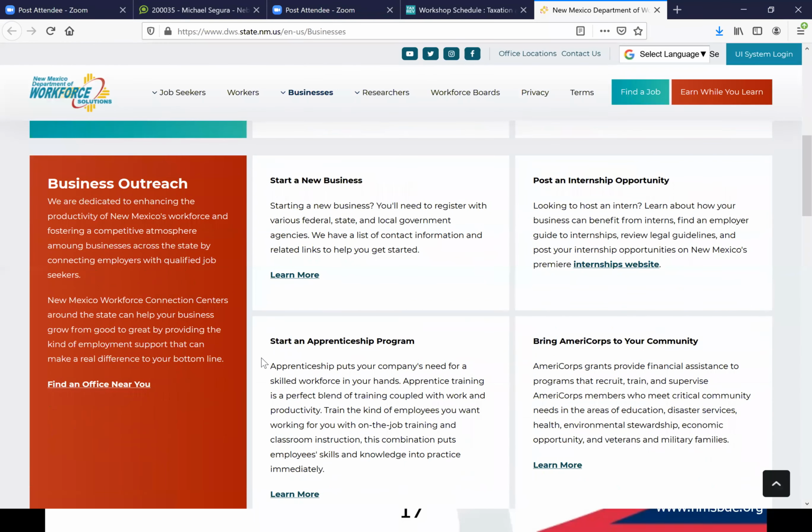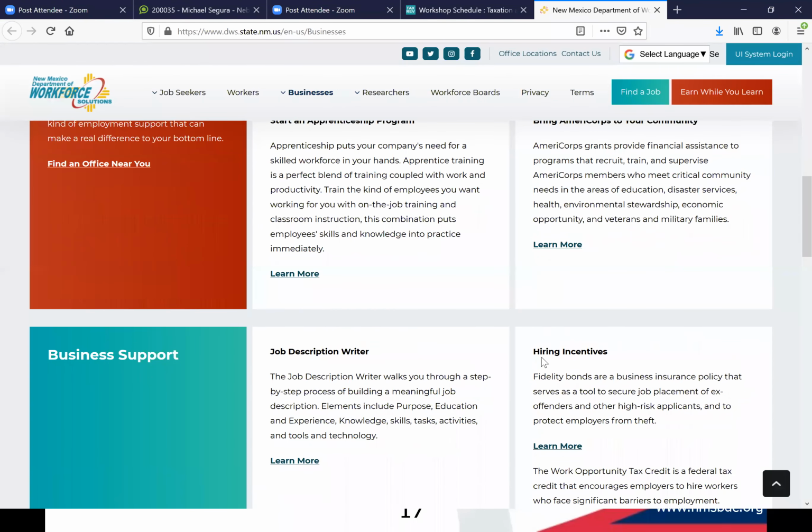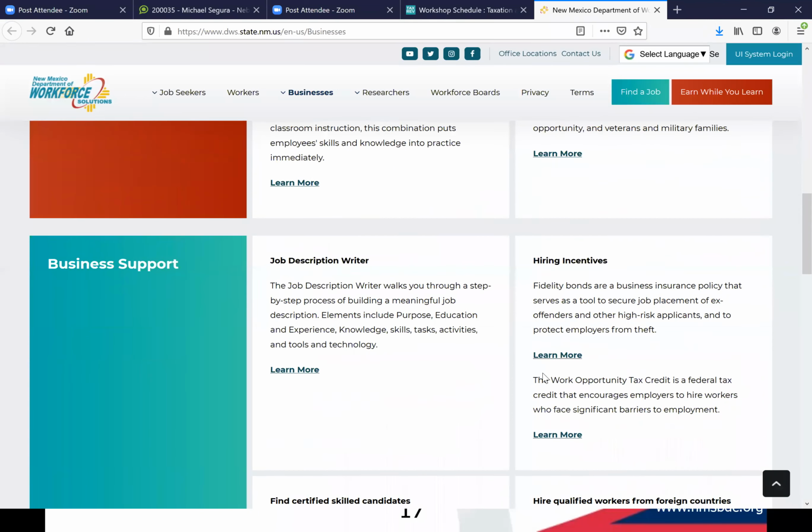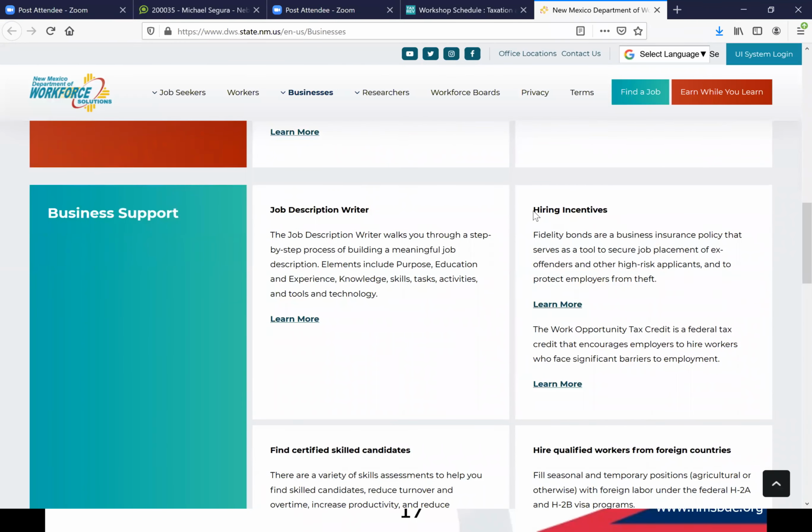They have apprenticeship programs. They have internship opportunities that are usually done through YDI. You don't have to pay a penny for the interns. They pay the interns and provide them to your business. In turn, you train them in job skills. Pretty good trade-off. They have some hiring incentives, so you could qualify for a state tax credit, say if you hire a veteran, or if you hire somebody with a disability, somebody from a lower socioeconomic status.